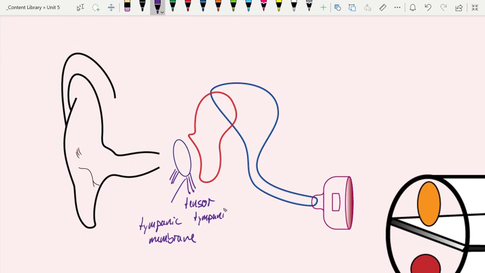So if you're sitting quietly, and then all of a sudden, bam, you hear this loud sound come through, the tensor tympani will actually pick up on that and reflexively contract. And as it contracts, it tightens the tympanic membrane so that that huge pressure wave doesn't do damage